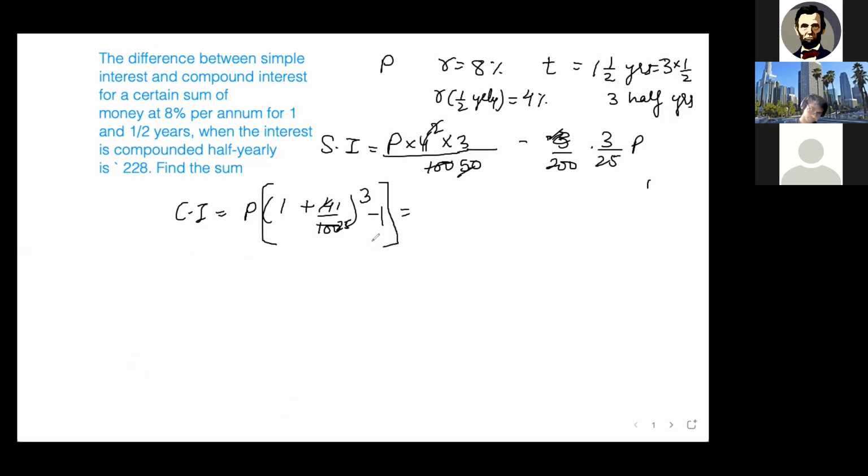Okay, so here it becomes P into 1 plus what? 26 by 25. Yes, correct. 26 by 25 minus 1, which is actually 1 by 25, right? If you write -1,